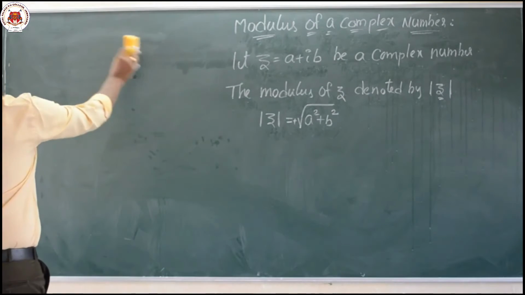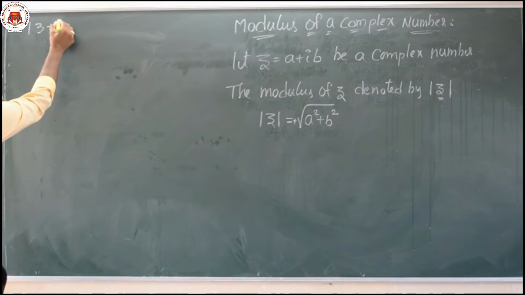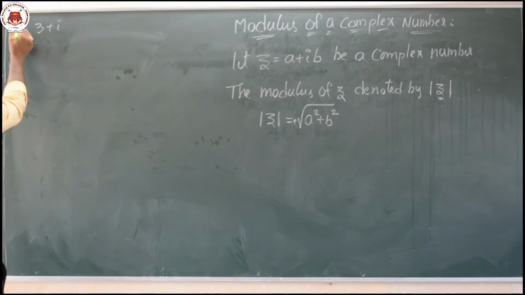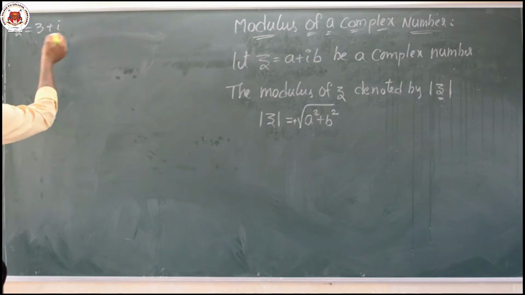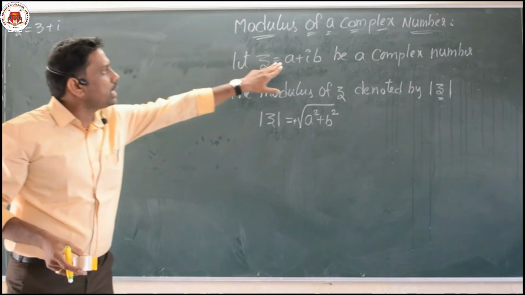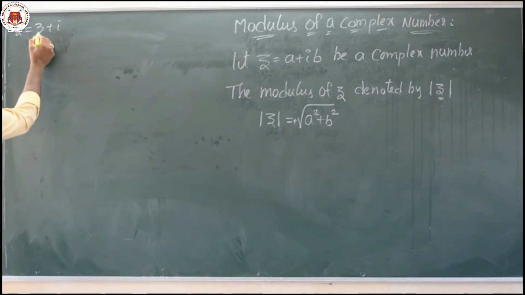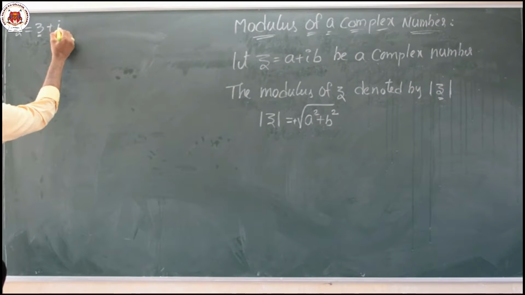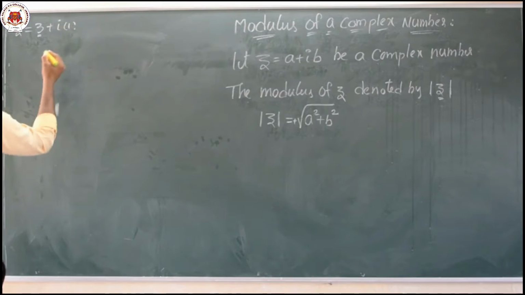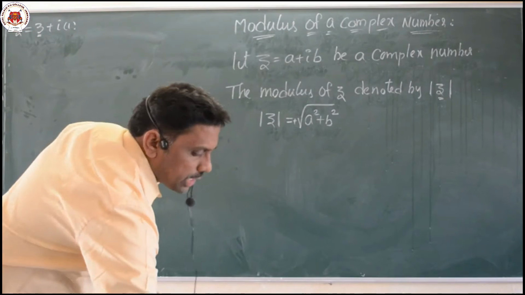So we'll take some examples on this. We'll take the first example, which is 3 plus i. Suppose he has given one complex number Z equal to 3 plus i. He asked to find the modulus. Then first of all we have to write what A is and what B is. Before that we have to convert this complex number into the form A plus iB. Here A is there, here no B. No B means assume that here 1 is there. So i into 1, we can take the value in this form.